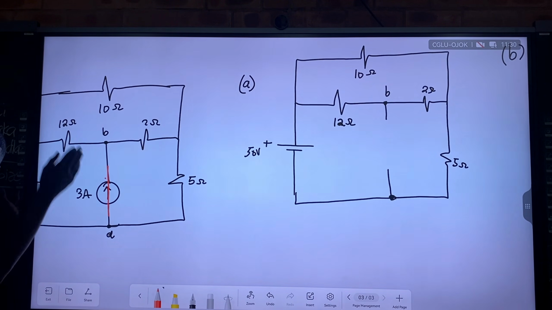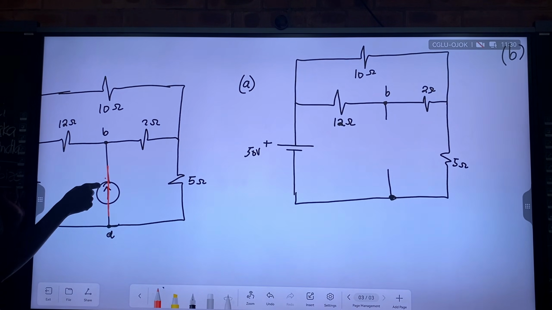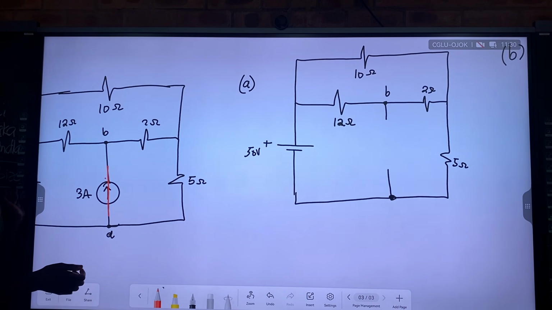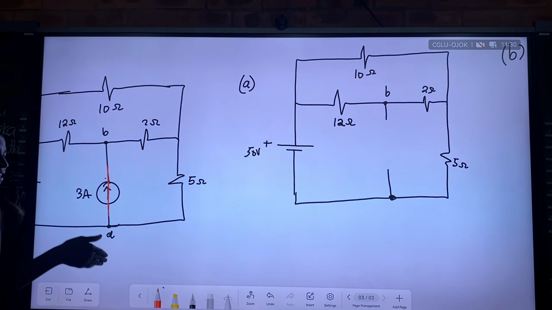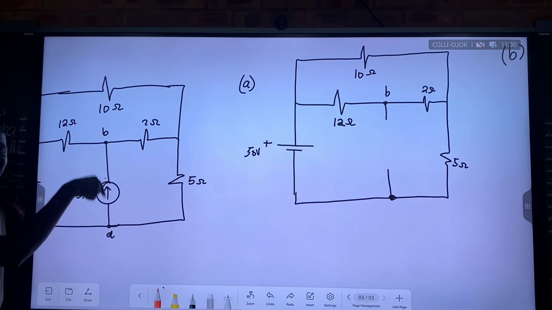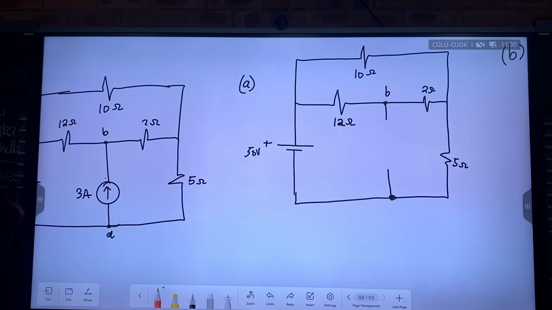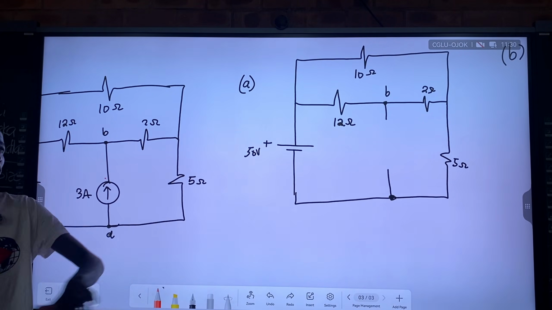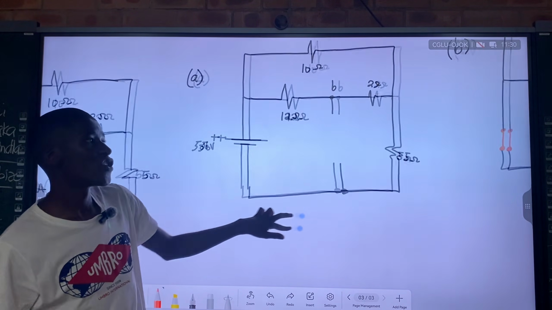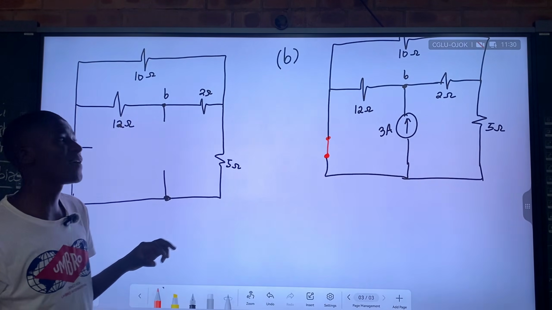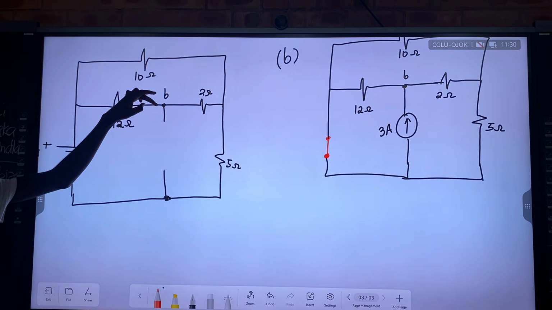No. Current can flow if the circuit is short, if it's short circuit. In fact, more current will flow here because there is no resistance. So putting a short circuit won't make a difference. Current can still flow. But if you open the circuit here, current cannot flow. Ngamanye amazwi, you are making this 3 amperes to be out. Siyawusula, kusale kubani, zero in this part. Yeah. So know the difference between a short circuit and an open circuit. In open circuit, you can still have a voltage line.